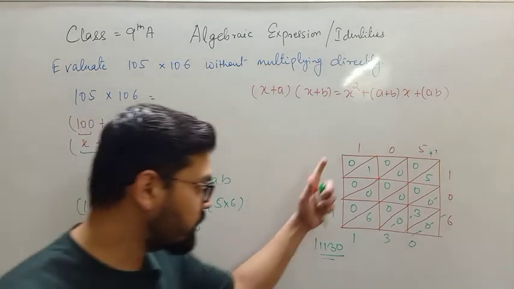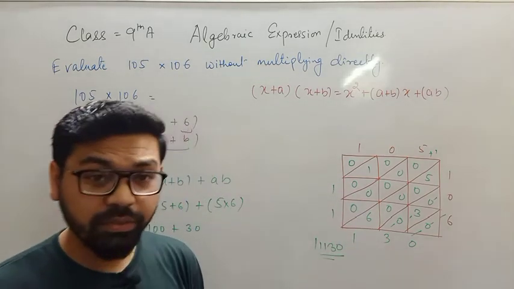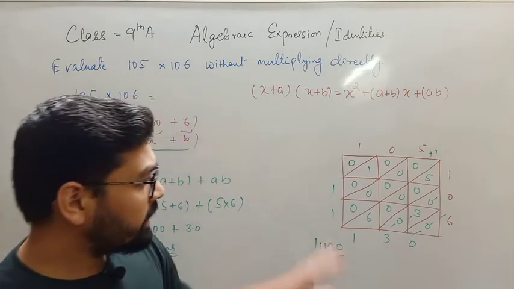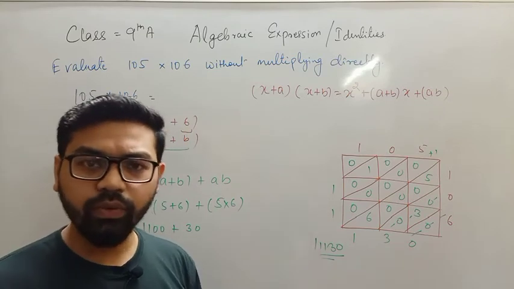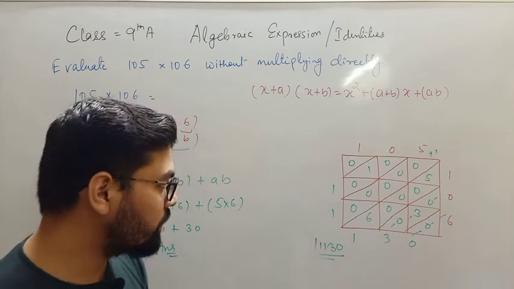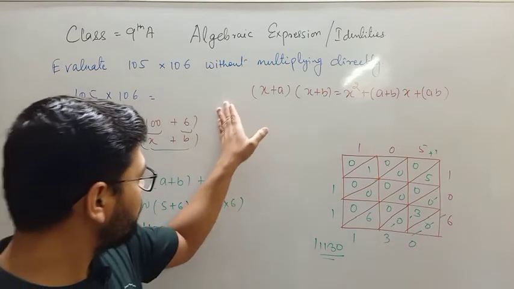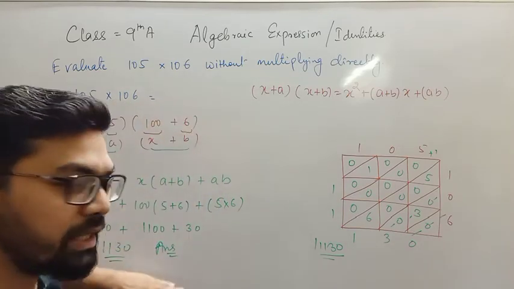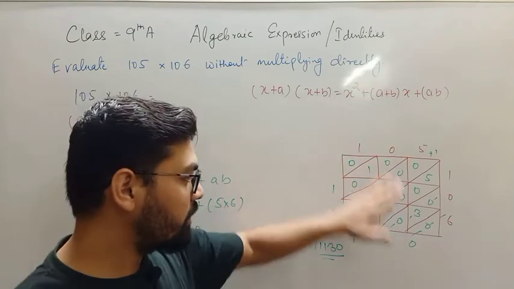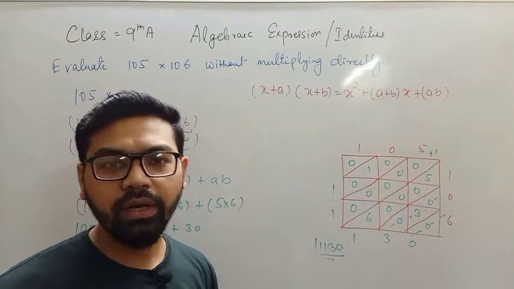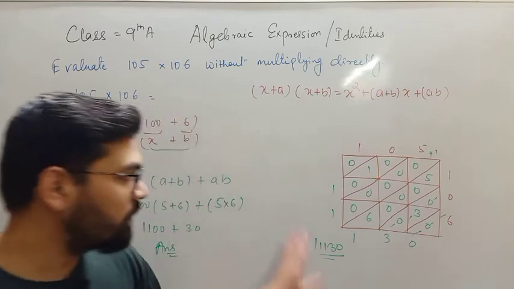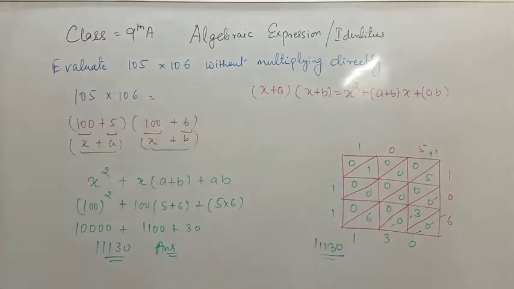So you can check this thing also using lattice method. This is an activity that I have given you last week. I hope you have understood that activity. This is the simplest way. I just multiply these two numbers using algebraic identity, and I just multiply these two numbers using lattice method. Okay, this is nothing but a mental maths. Okay, note it down fast.